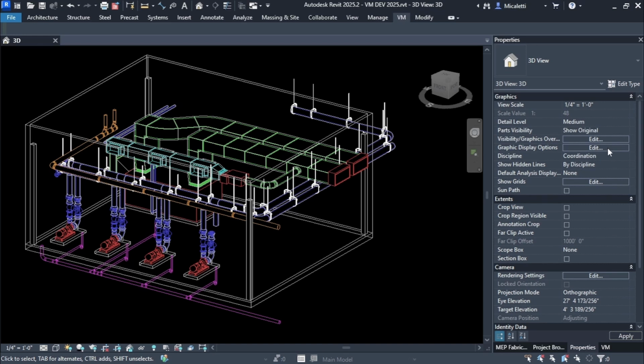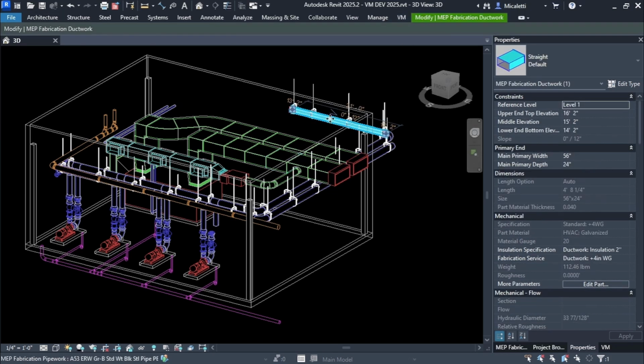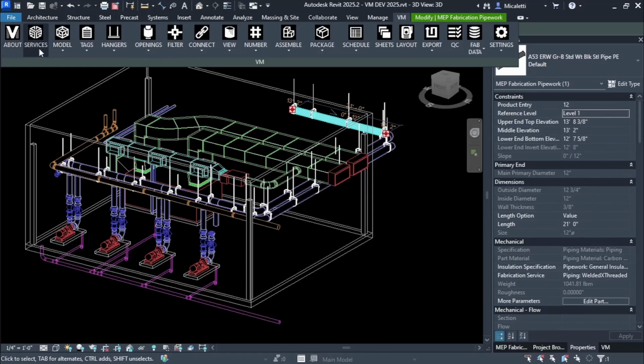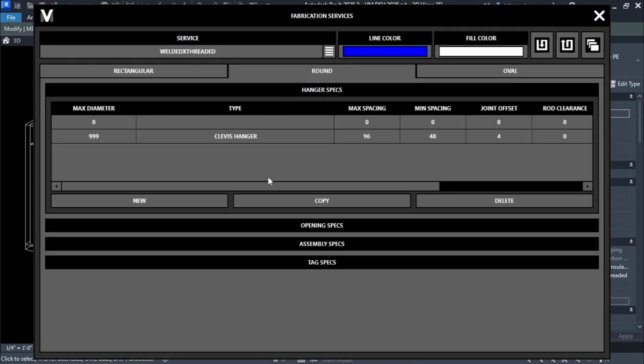Now, do you have engagement rules for different rod sizes? We have engagement rules for different hanger items. So you could kind of get that by making a different hanger for every engagement. But yeah, to answer your question really quickly, under hanger specs,